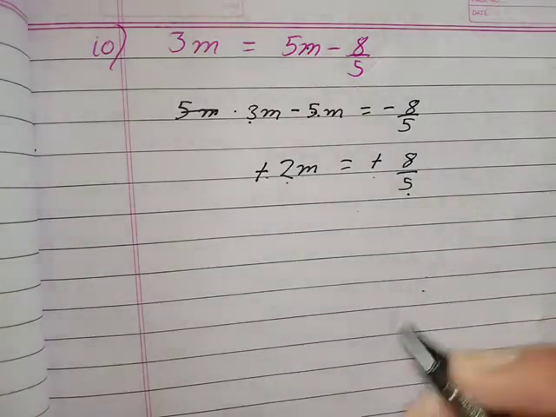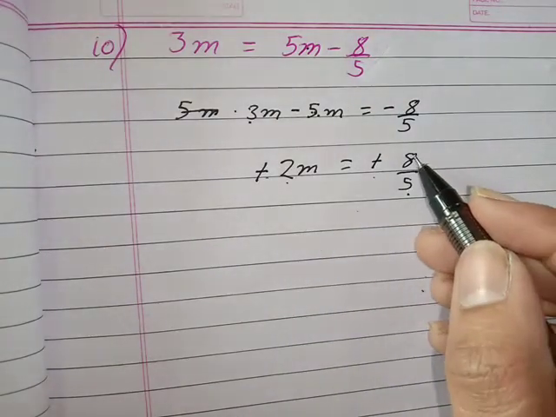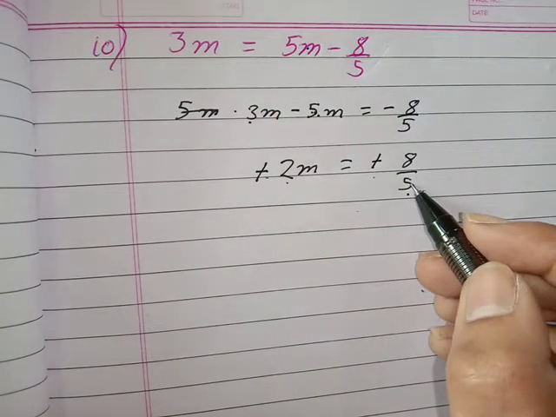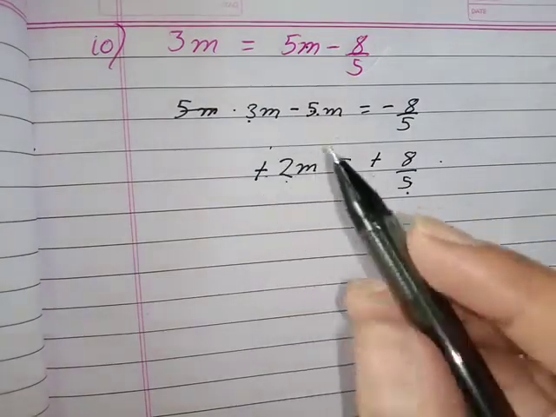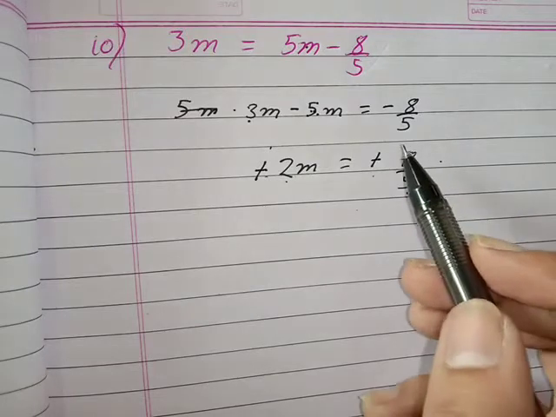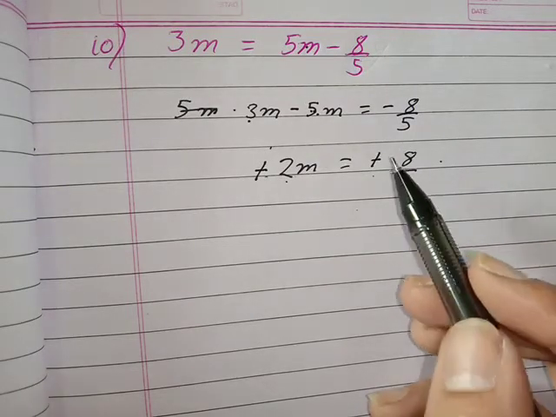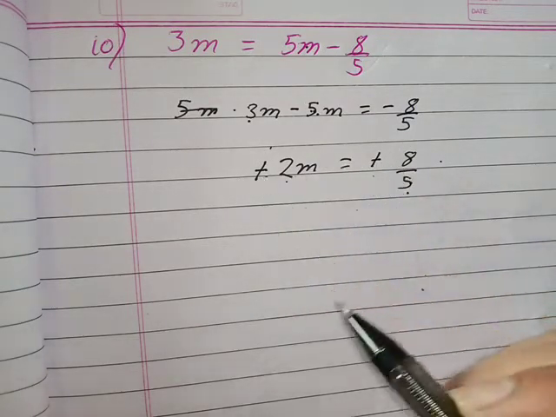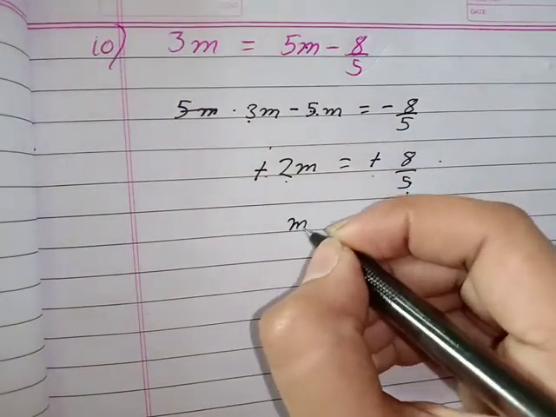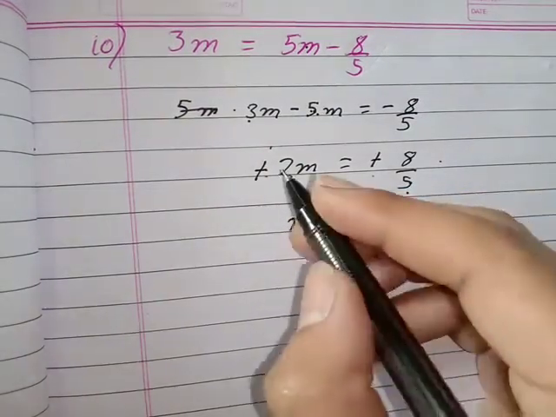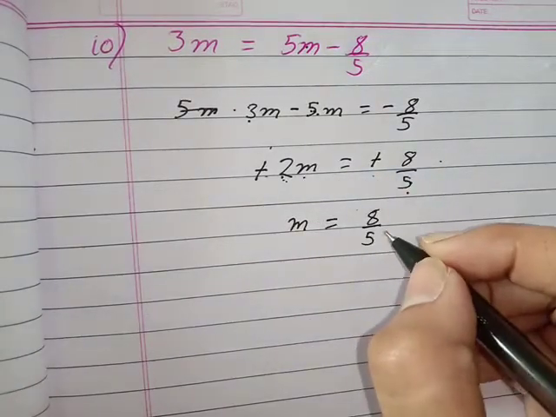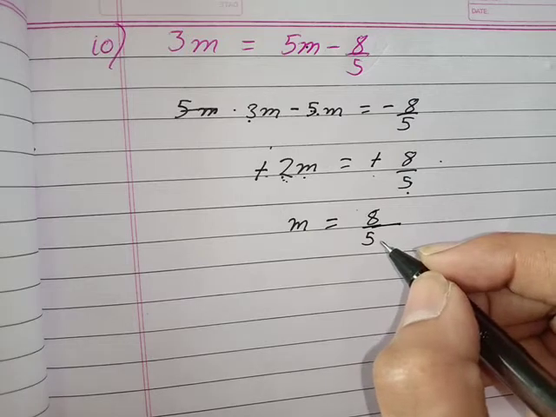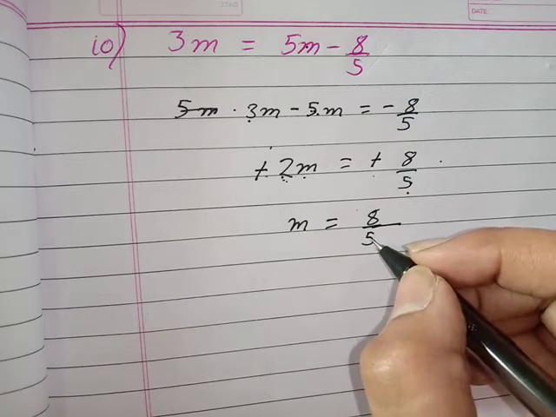If there are two terms, like for example minus 8 upon 5 plus 3 upon 5, we can't cancel this minus by minus. Only if there is one term, or the minus is common with a bracket, can we cancel minus by minus. Now transfer 2 to the RHS. 2 is in product form, so it goes to the denominator, meaning divide, but in the denominator there is already a number 5.